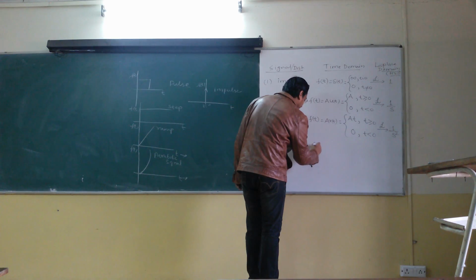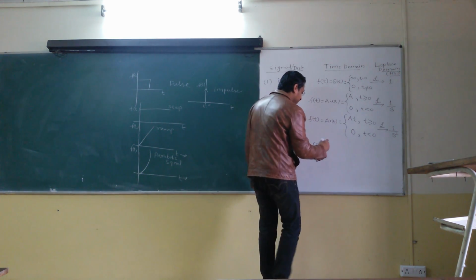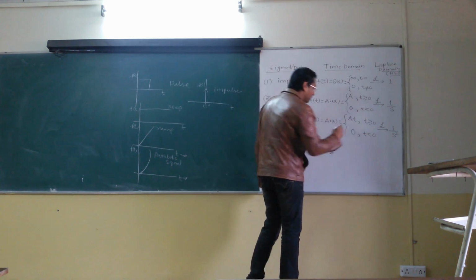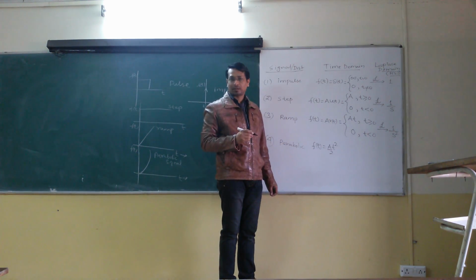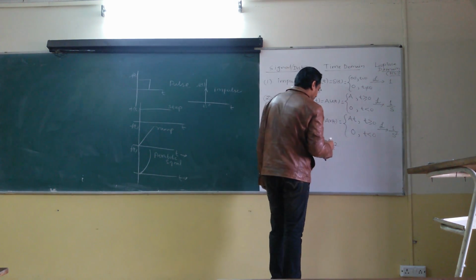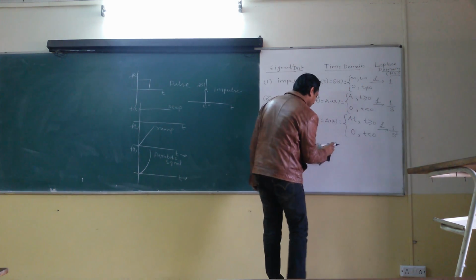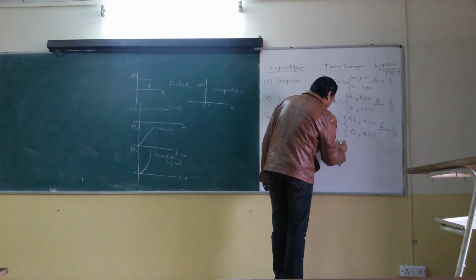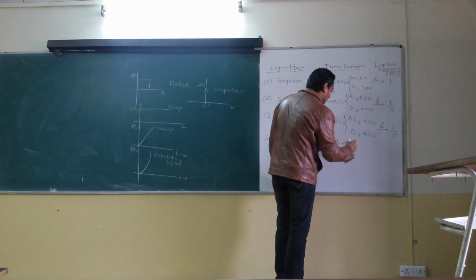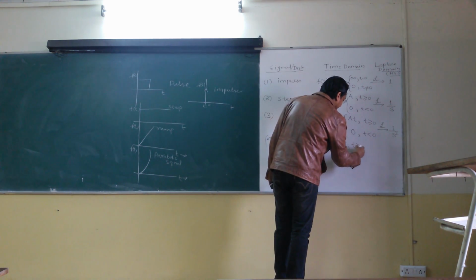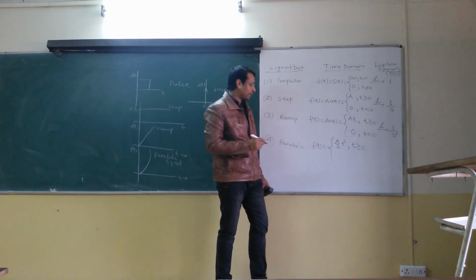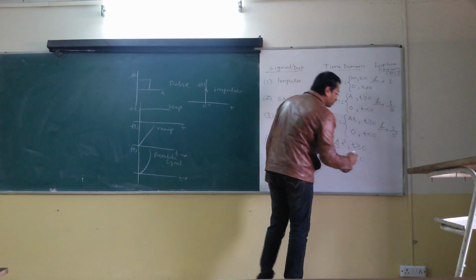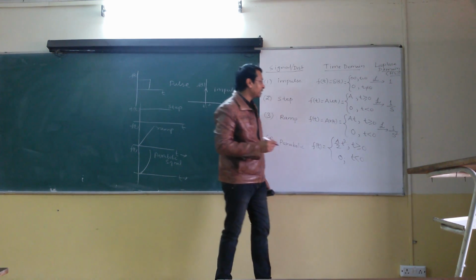Here we are going to define f(t) as A by 2 t square. Correct? Or you can say directly, it will be A by 2 t square when t is greater than or equal to 0, and it will be 0 when t is less than 0. What will be the Laplace transform?